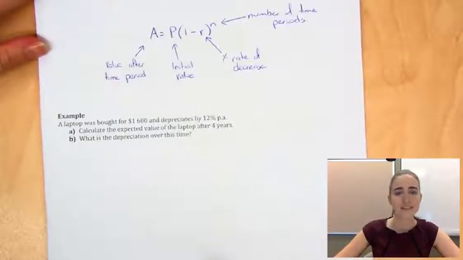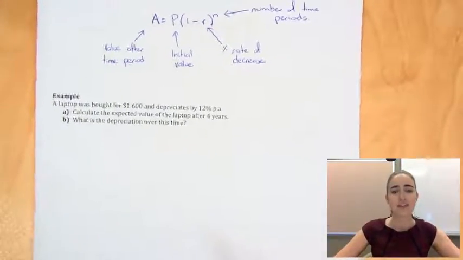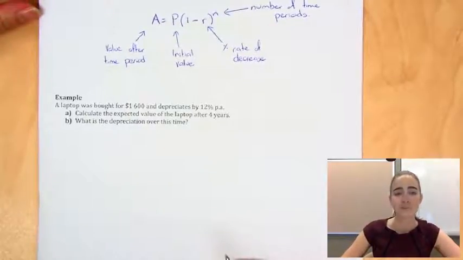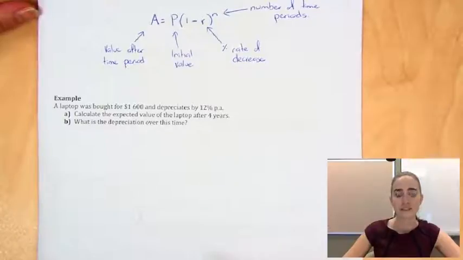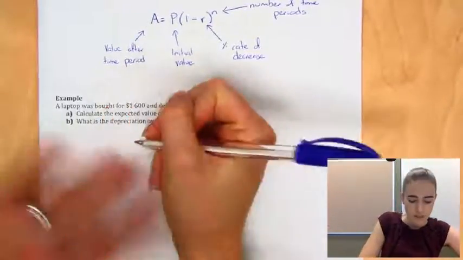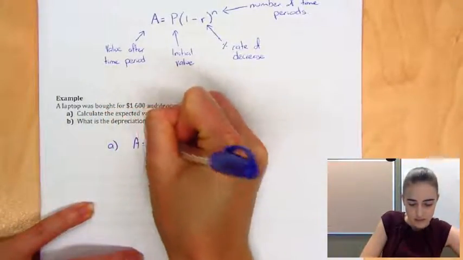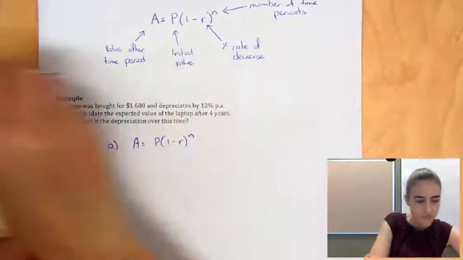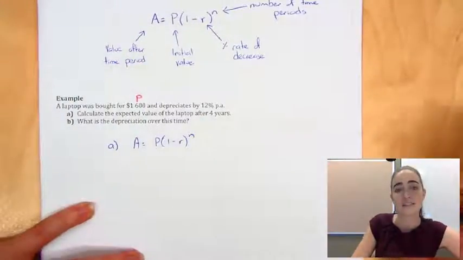So ours says a laptop was bought for $1,600 and it depreciates by 12% per annum. We want to calculate the expected value of the laptop after 4 years. So that's going to be this amount that we're calculating. So in our formula, we've got A equals P, 1 minus R to the N. In there, this $1,600, that's our P, that's the initial value,